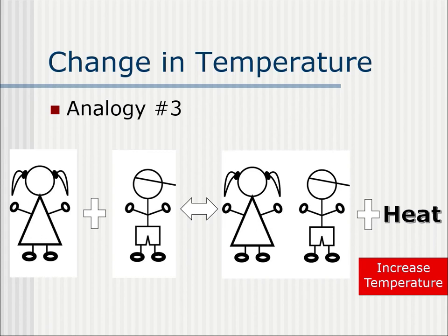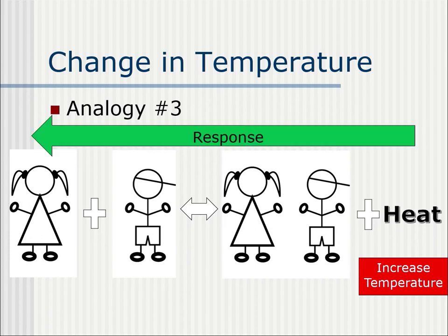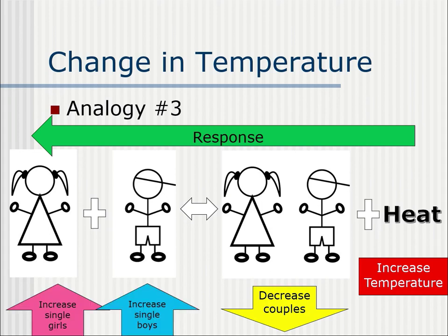So I'm going to say that if I increase the temperature, the system is going to respond by having more people break up. We're going to get more single girls, more single boys, and a decrease in the number of couples. So we're going to have a decrease in our K value, and a complete alteration of the position of our equilibrium. It's going to shift to the left. And Miss Lawless says, that was mean. Why'd you go and do that? That was not cool at all. Why would you do that?